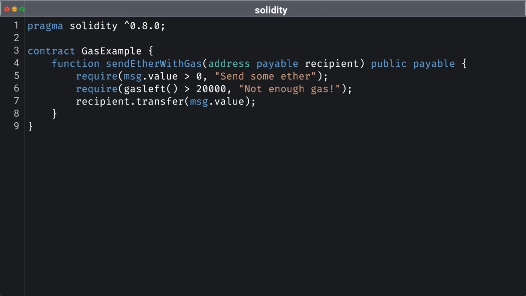Next, we implement a check using the gasLeft function, which returns the remaining gas before the transaction proceeds. By setting a condition that requires more than 20,000 units of gas left, we help avoid situations where the transaction could fail due to insufficient gas. If this condition isn't met, it will revert with the message, "not enough gas." This structured approach to gas management not only ensures successful transaction execution, but also emphasizes the importance of resource planning